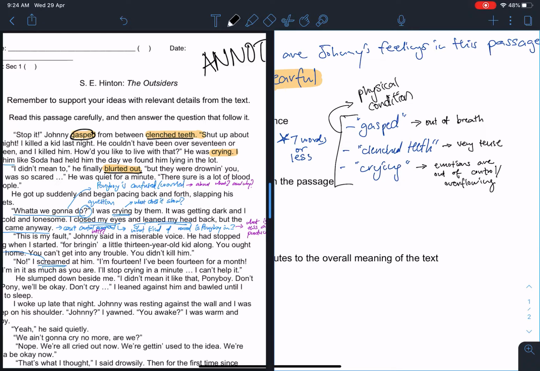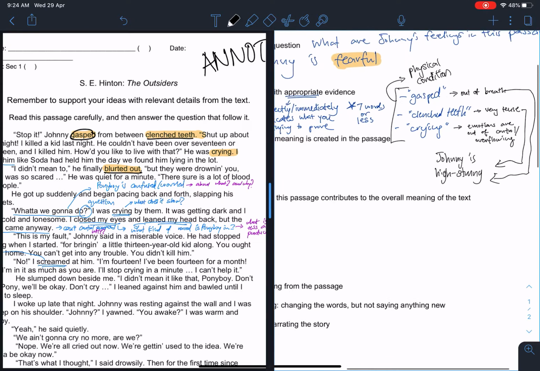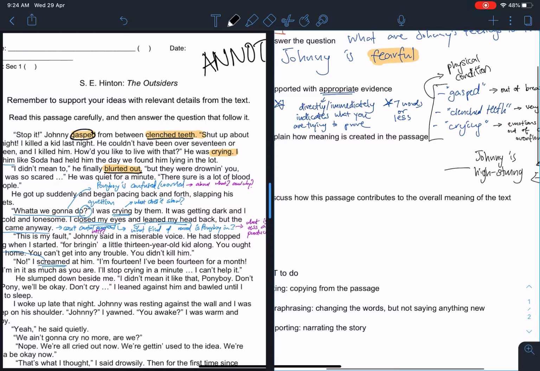Of course, now this is just an indicator. What I want to do when I am explaining is tell what this indicates. Probably he is very high strung right now. Johnny is high strung. He is keyed up. He's very, very physically tense, and that is probably, and then I can start telling this is because